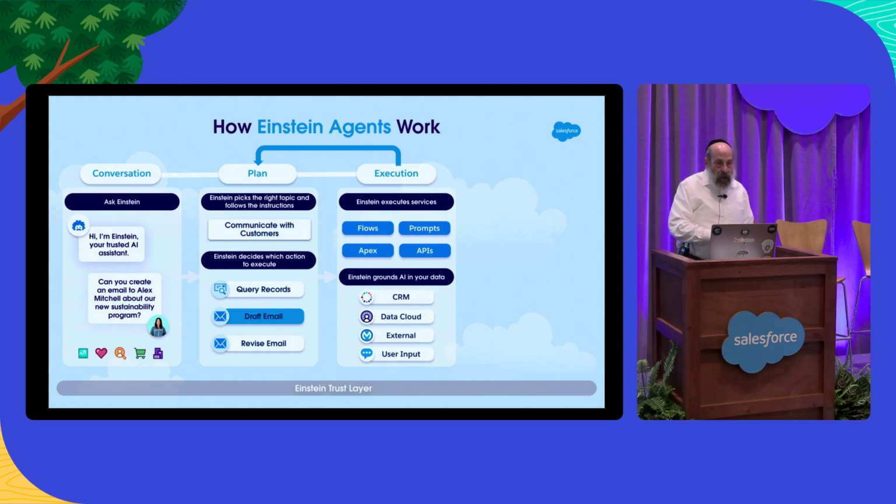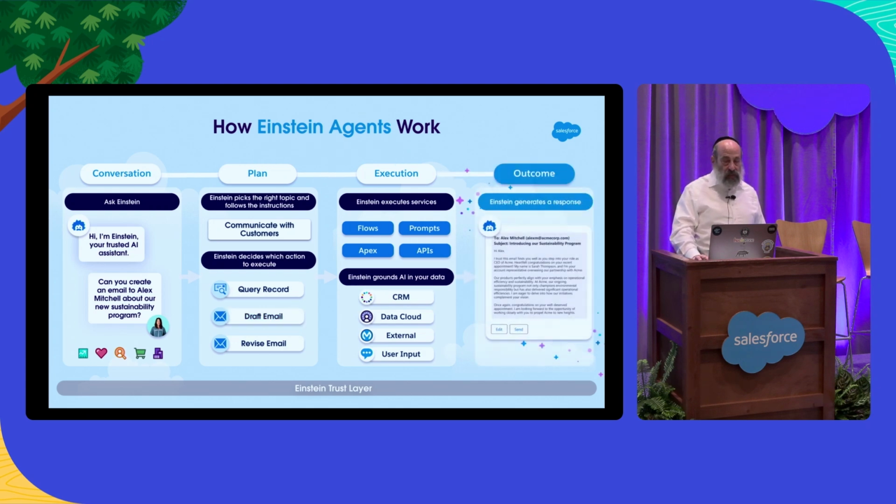In that case now, the next step, based on the determination of the planner, is to go and draft that email. So it goes back to the execution engine, and all of the previous information from the previous step is still retained as context as it determines next steps on an ongoing basis. Now it drafts the email, comes back to the planner to see is there anything else it needs to do, and at that point says, no, I'm done, in which case now it returns the response back.